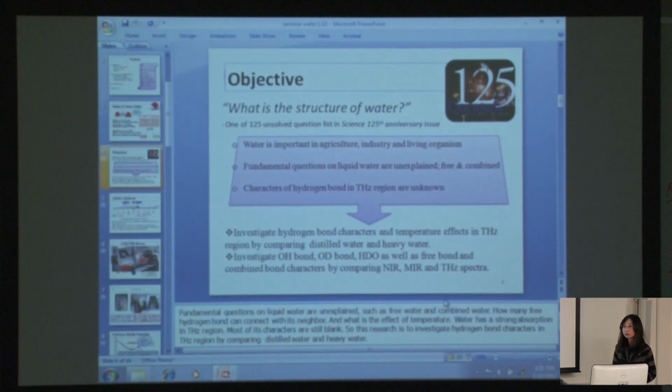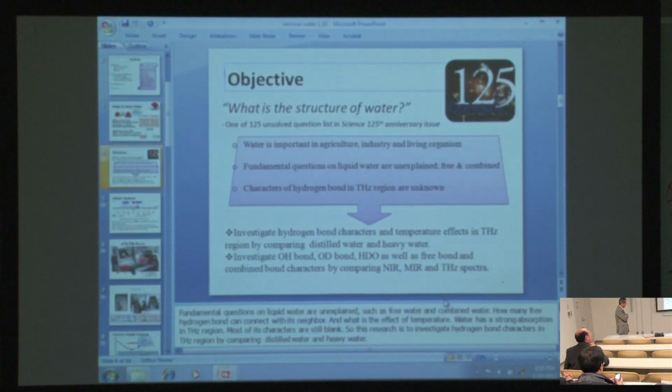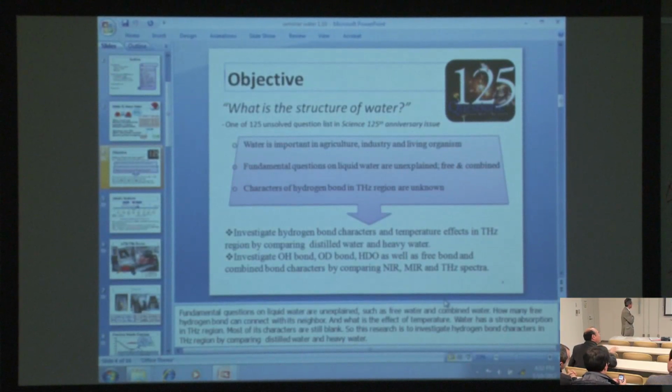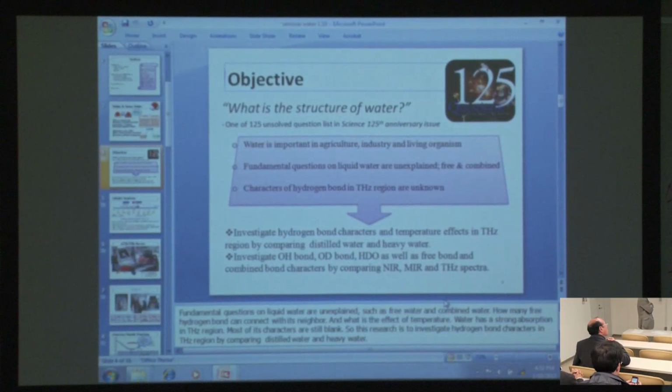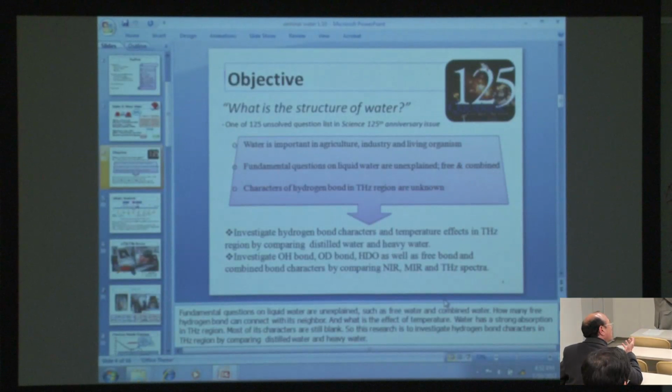Okay, that's okay. So the question right now is that the study of the water structure has been extensive by chemists for many, many years. Yes. So based on your research right now, what is the understanding about water structure, and what kind of blank do you want to fill in by terahertz? What's not known?